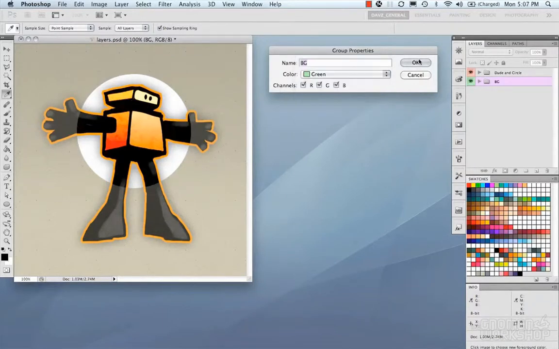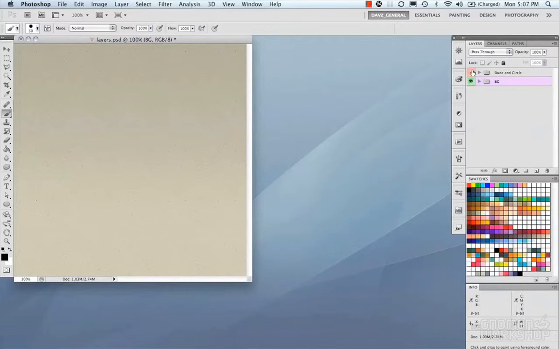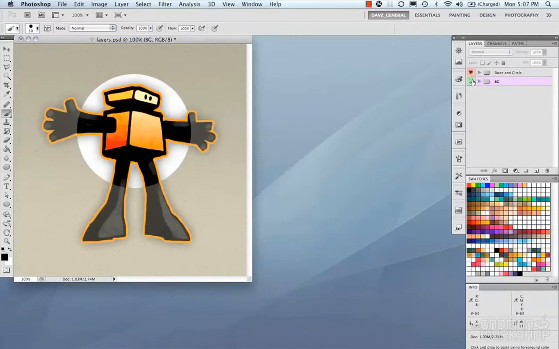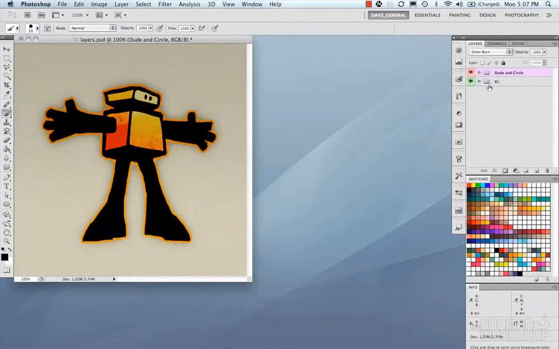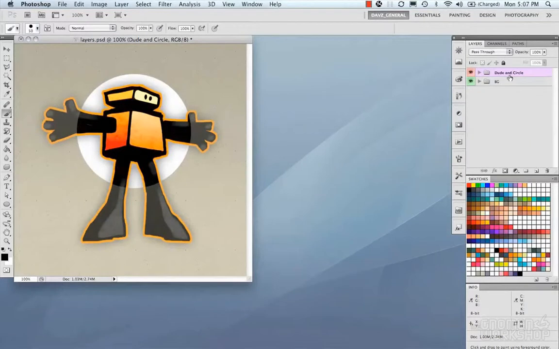Let's make this green. And then we have our dude in circle and our background. Now these also have layer transparency modes, so you could blend them together as one. And one thing that's also very helpful is that you can group groups. So if we select both of these and group them, we can call this main,